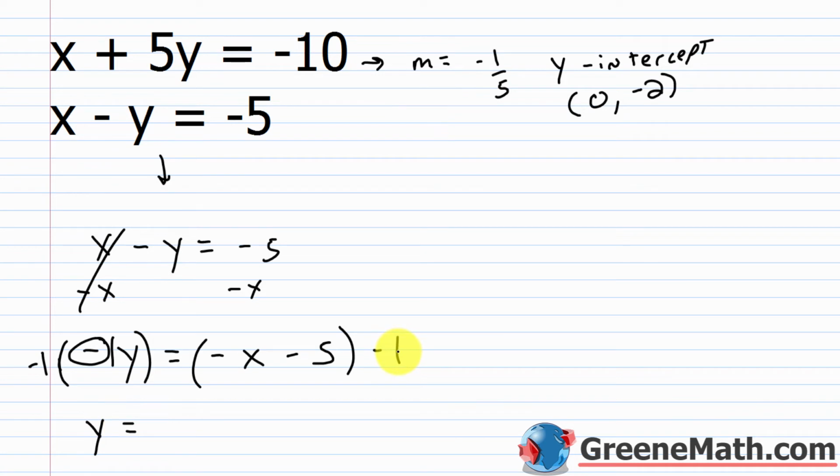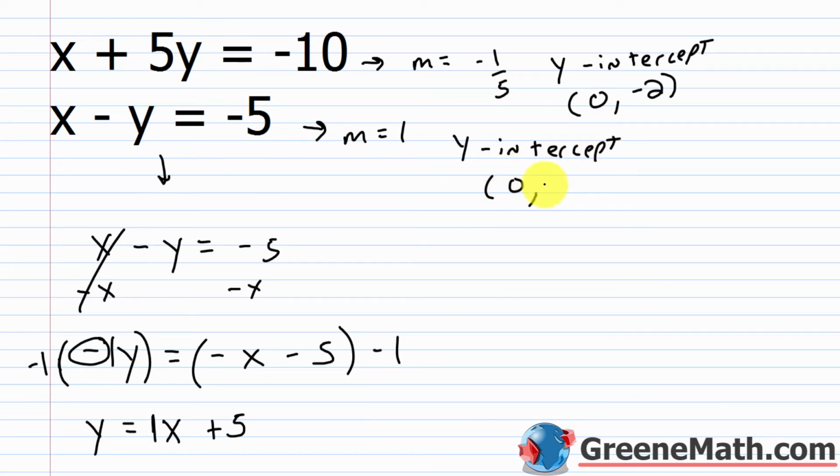This is equal to -1 times -x, which is x. And then -1 times -5 is plus 5. So we get y equals x plus 5. So my slope here is going to be 1, right? Because if I just have x by itself, it's got an invisible 1 next to it. So in this particular case, m is equal to 1, and the y-intercept